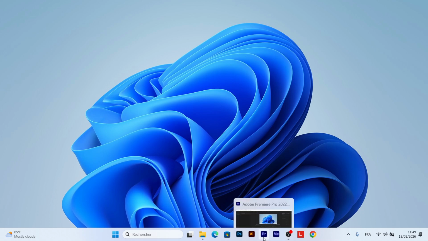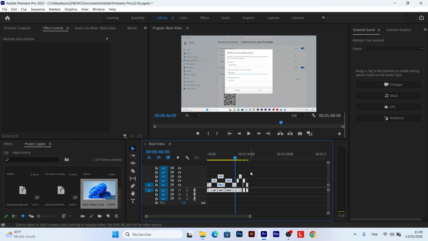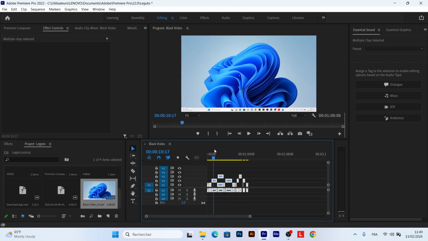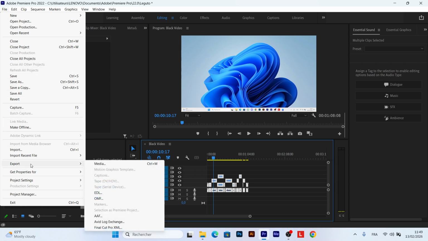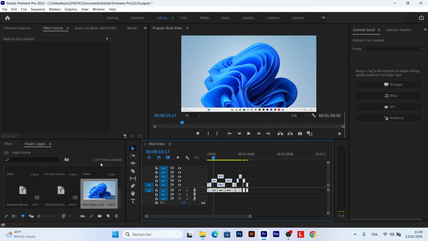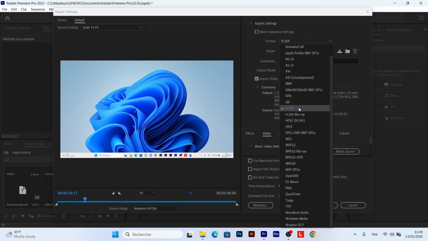First go to your Adobe, and this is your project. Okay guys, this is your project. Now go to File. Okay, click, and go to Export like this. Okay, Export, go to Media like this and click, and now go to